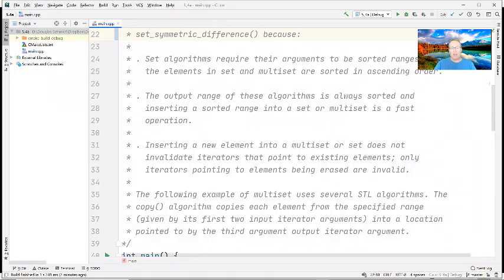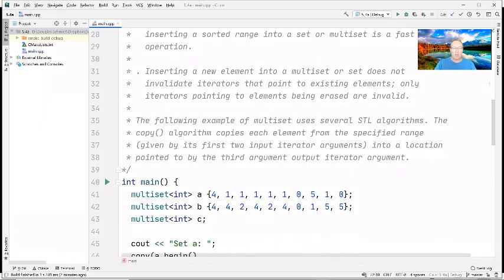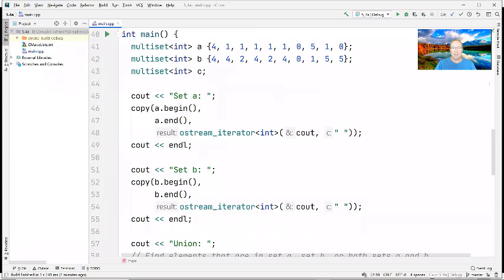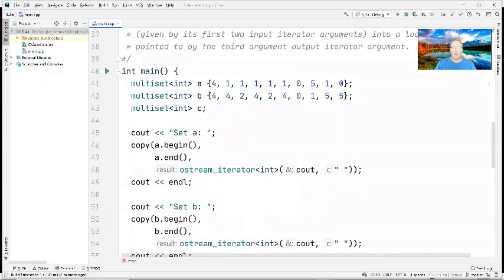So let's take a look at multisets using several STL algorithms. And we're going to use these with some of the algorithms that are part of the set algorithm category. And we're going to come back and revisit set algorithms later. So I won't spend a lot of time on the algorithms themselves. I'll just kind of show you how they work, and I think you'll have a pretty good intuition just looking